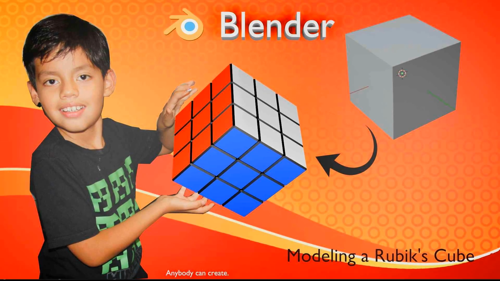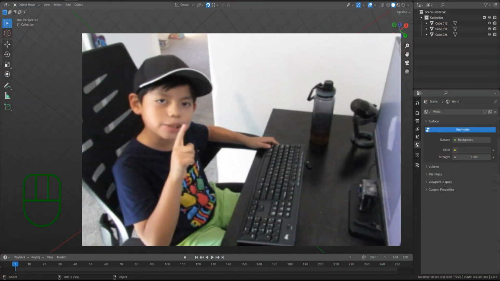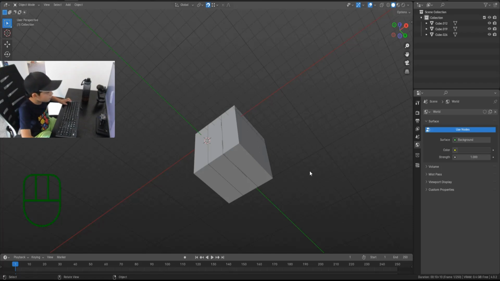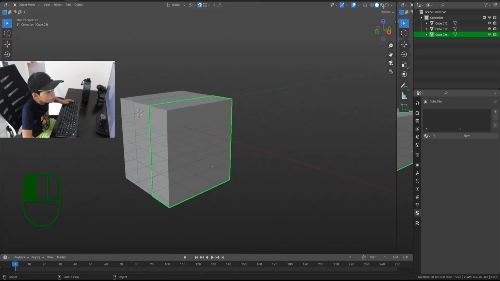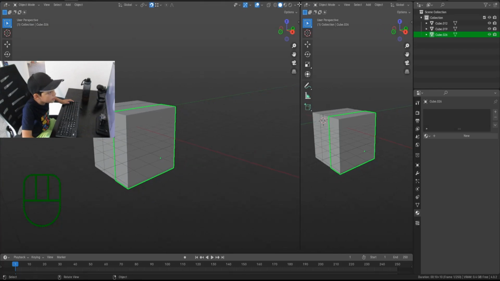Hi guys, let's dive right into our last part. So this is where we left off in our last video. I really want to color this. So when you see this crosshair,